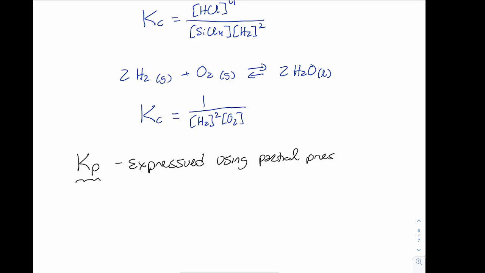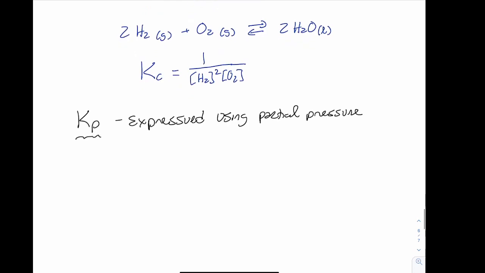Remember, if we have a mixture of gases, the pressures exerted by the individual gases in that mixture are my partial pressures. That would have come from Dalton's law in your gas chapter from 150, 151. So expressed using partial pressures